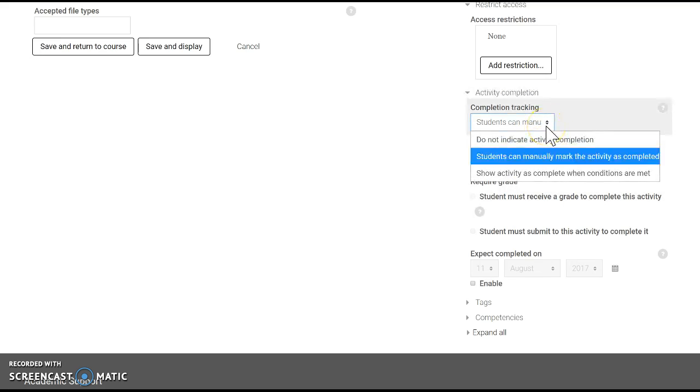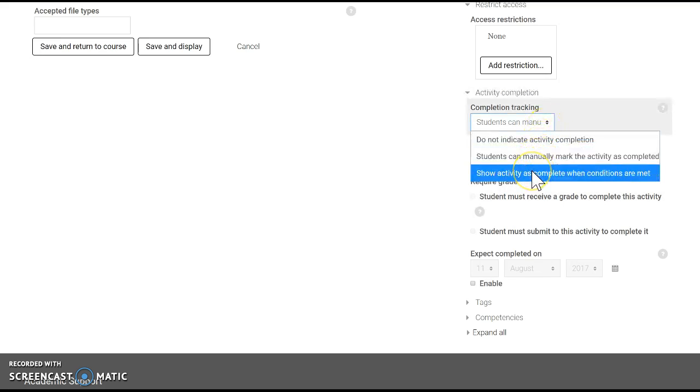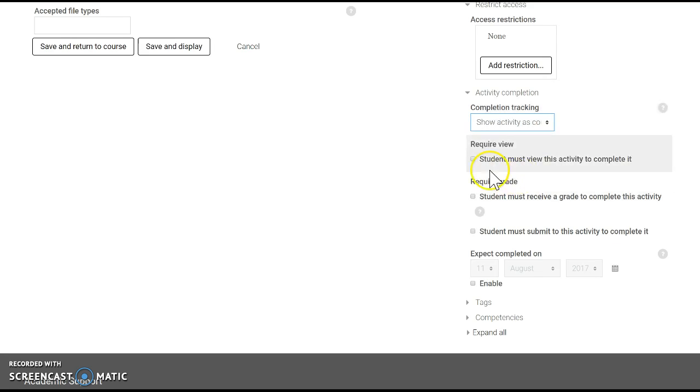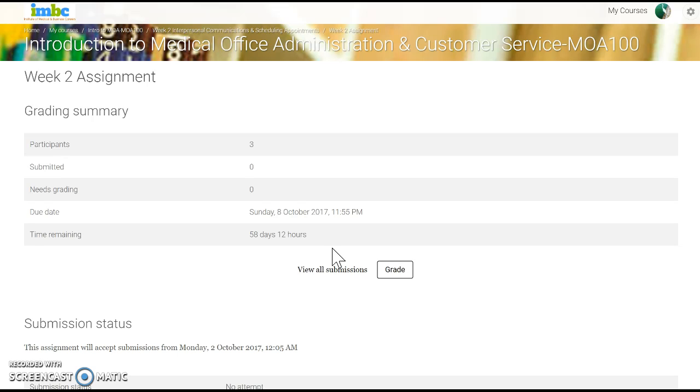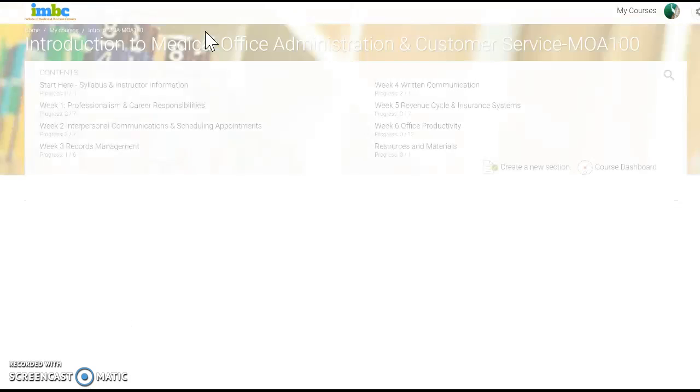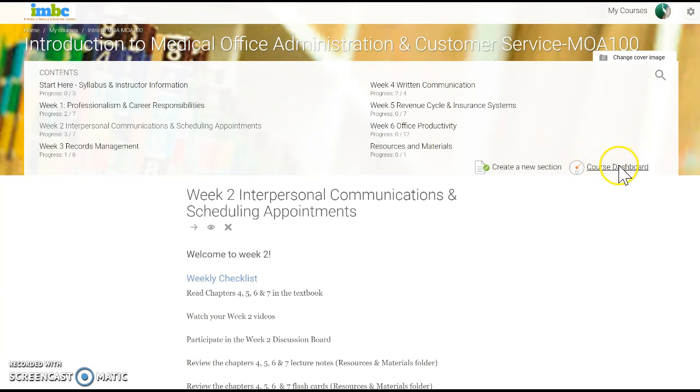So we want to choose the drop down. Show activity is complete when conditions are met. Then it allows you to check these. So we're going to say student must submit this activity to complete it. Let's go ahead and save and display. The next thing we're looking for is, oh, we already did allow 2 uploads. So all of this is set, and we will go into the gradebook just to show that it is now